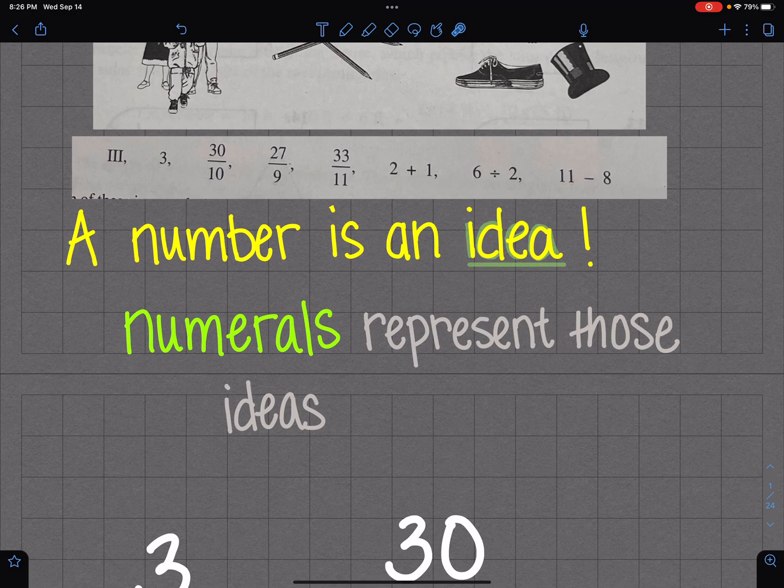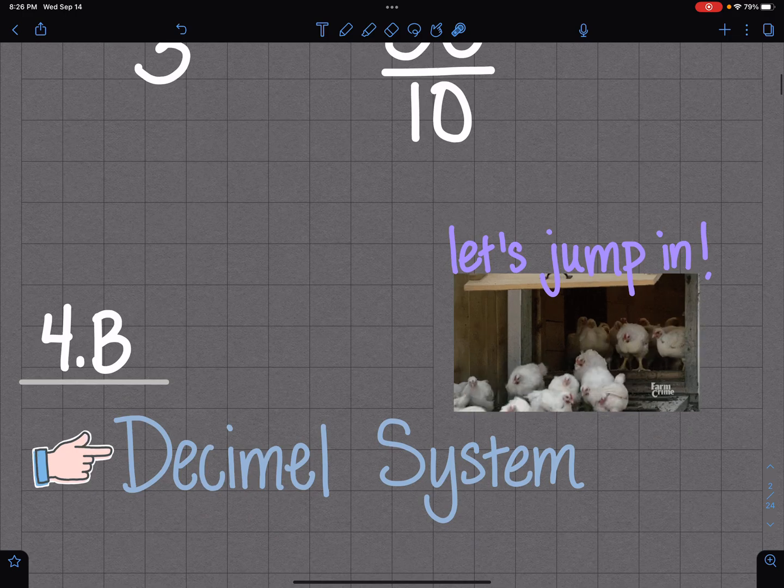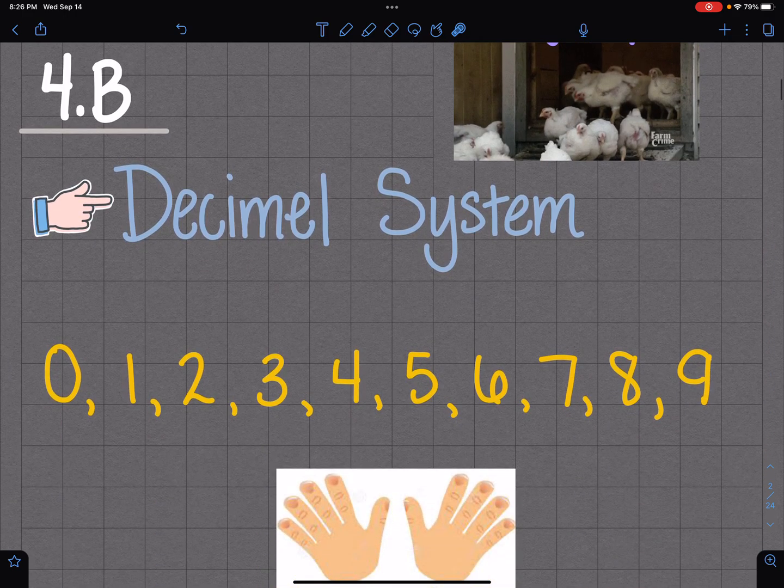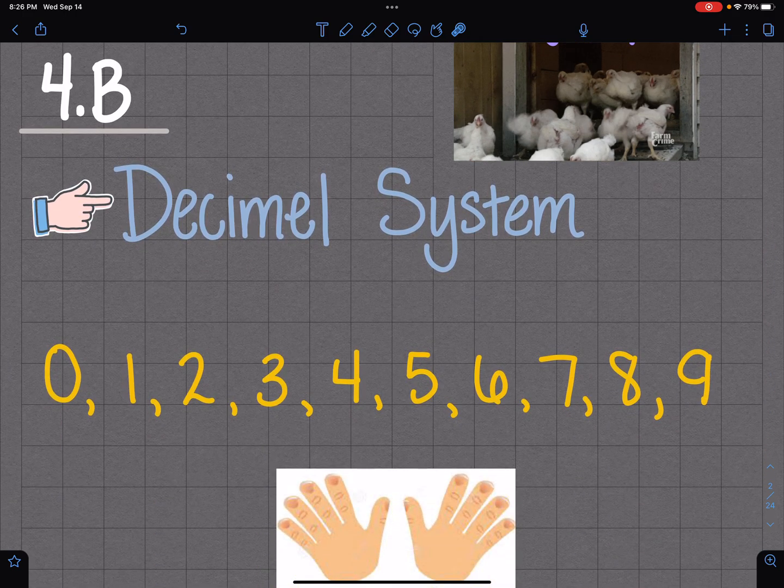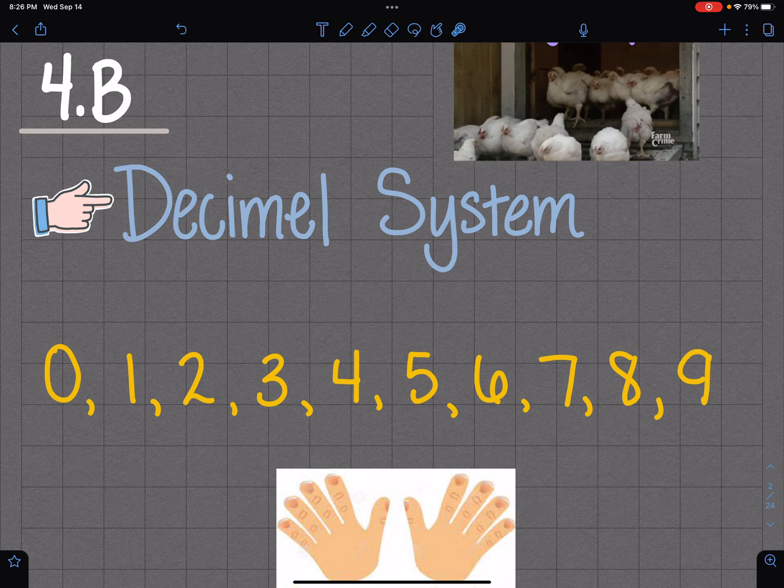And the number 3 can be represented by any of these things. This is obviously a Roman numeral. The number 3 can be a fraction, 30 over 10, 33 over 11. And any of these things, these are all the value of 3. All right. Let's just jump right into the next because I think that we can move on from there. The next